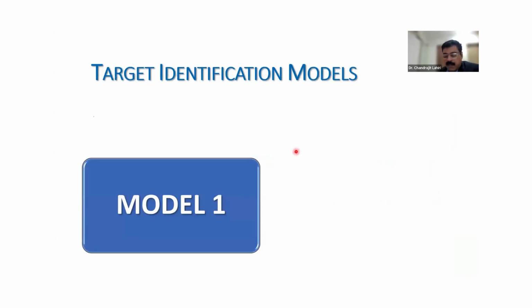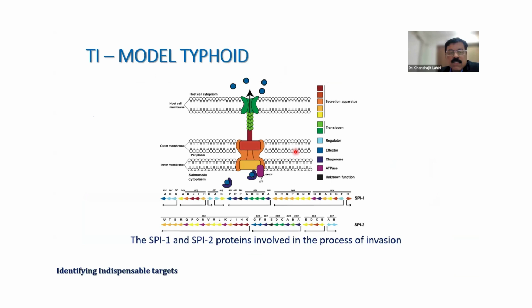So now, let us talk about the different models that I have actually worked upon. I'll just give you examples of two such models. So this is one such, the model for typhoid. The causative organism is Salmonella typhimurium or Salmonella typhi. Earlier, people had just related typhi with causing typhoid in humans, but these days typhimurium has also been found to be infecting humans,